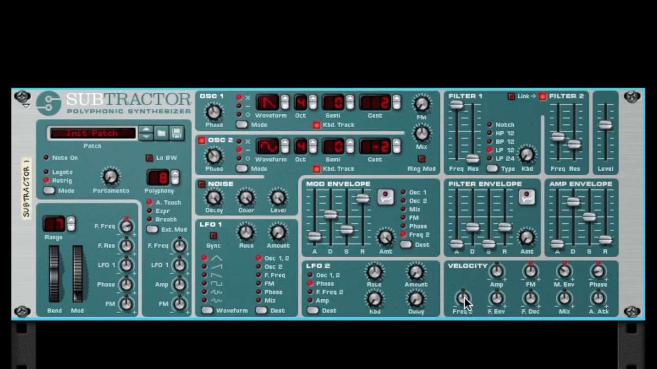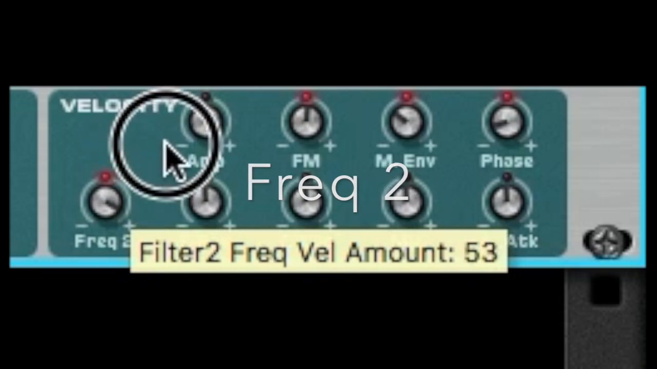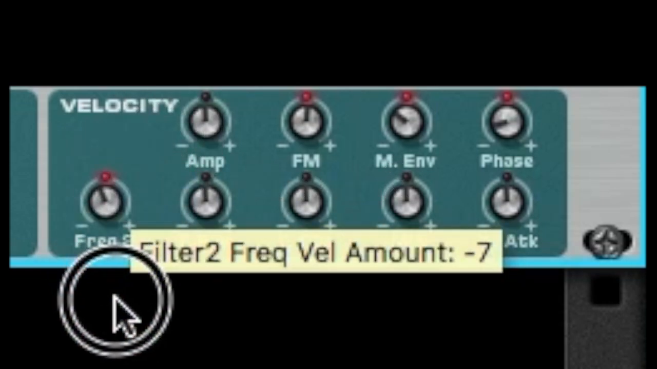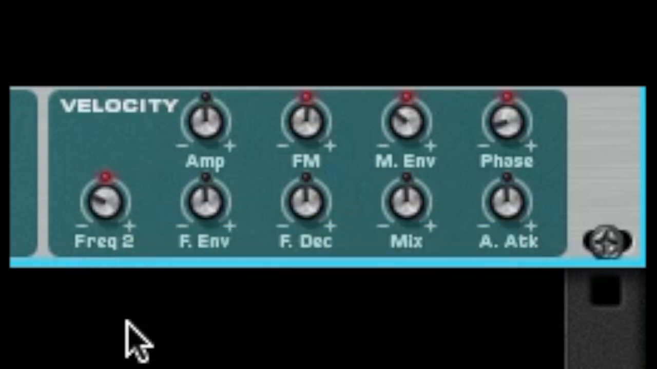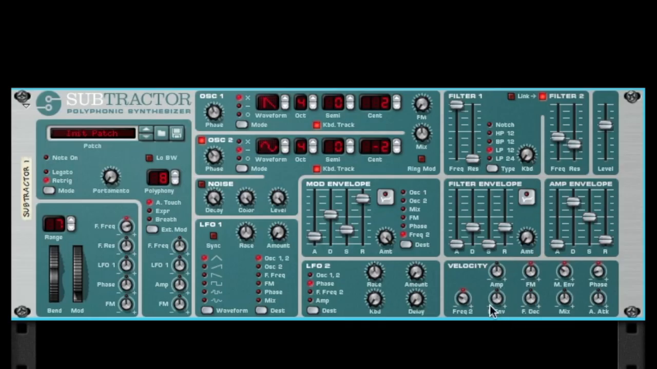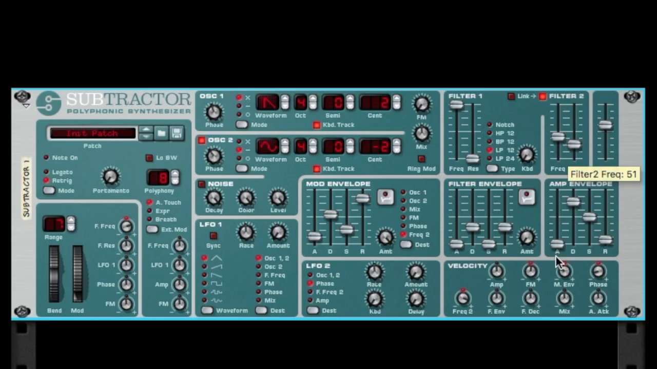Alright, so we got that going now. Frequency 2. Here's frequency 2. So this is where it can get confusing. It gets confusing for me, and I've played with this a ton. Playing hard, the note is closer to what's here. Then I play soft, and it's starting the frequency up here. It's still applying the filter envelope, but